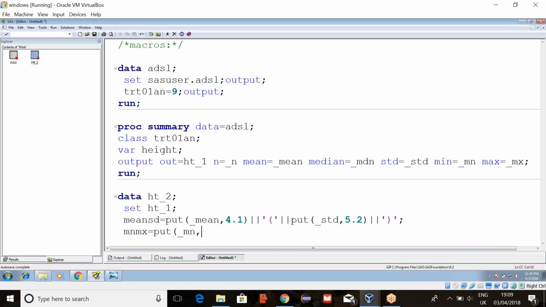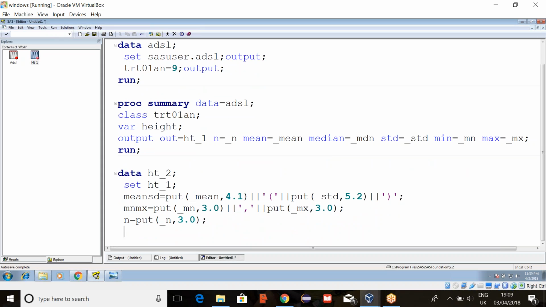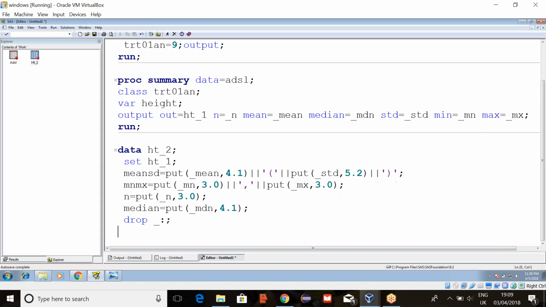Put of underscore minimum with no decimals, again put of underscore max, and next one, n and median also we have to change, n with 0 decimals, and then median put of underscore median with 1 decimal. Later, drop all the variables that start with underscore.